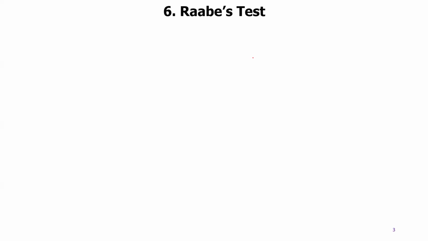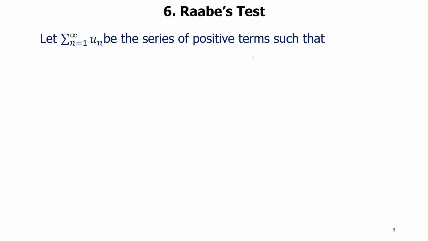In this lecture, we discuss Raabe's test. Let sum of un be a series of positive terms such that limit of n times (un upon un plus 1 minus 1) is equal to L,